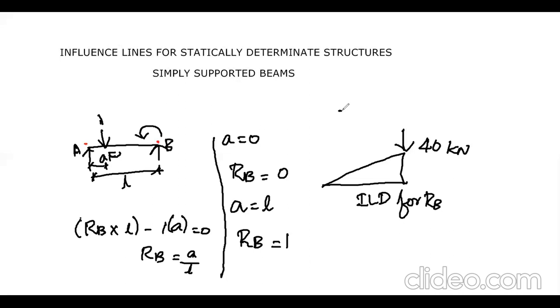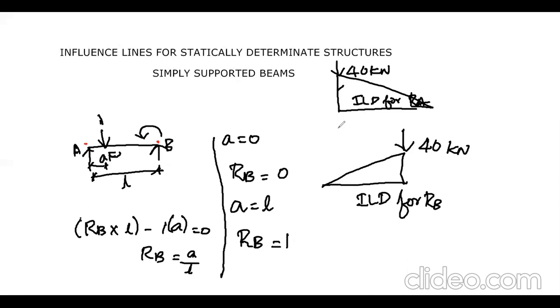Whereas in the first condition, when we are finding the influence line diagram for RA, this is the ILD for RA. Here we will be applying this 40 kilonewton load here to find the maximum value of RA. Whereas to find the maximum value of RB, I have to place this 40 kilonewton load at the point B, because we should place the load where the area of the influence line diagram is maximum. That is the statement you have to understand here. Have you all got it? Because here is the maximum area.